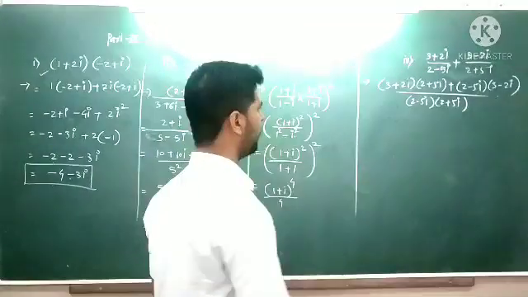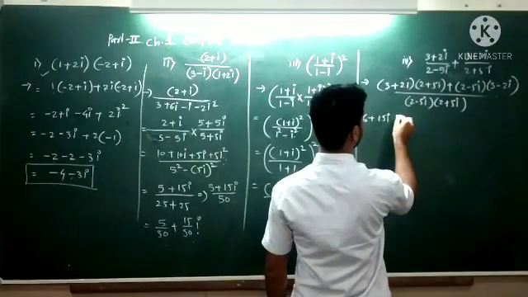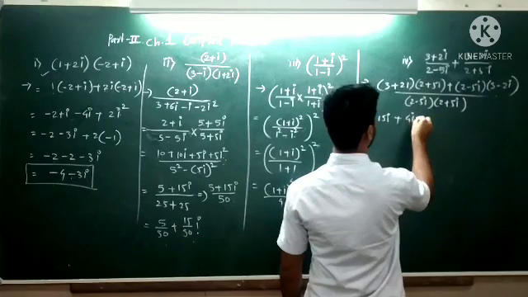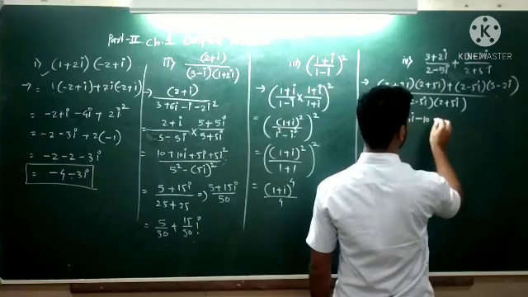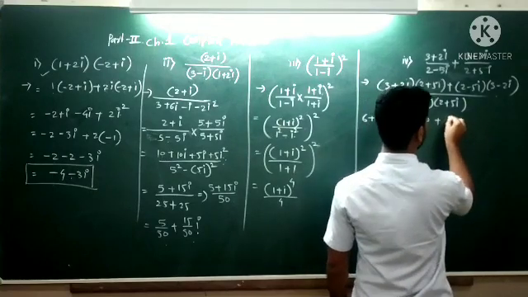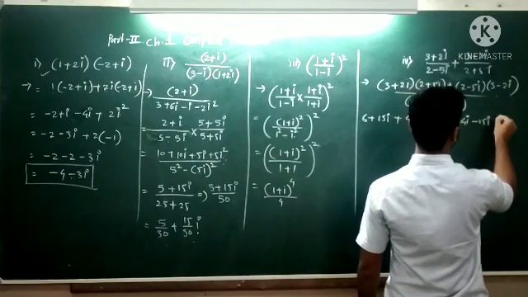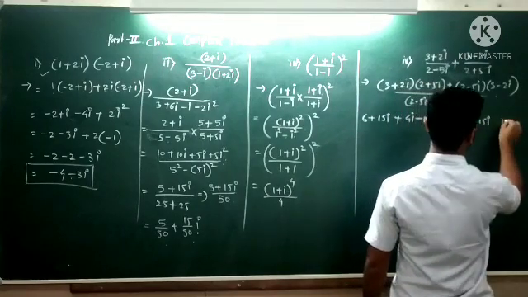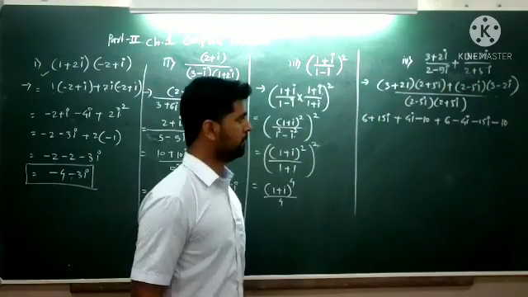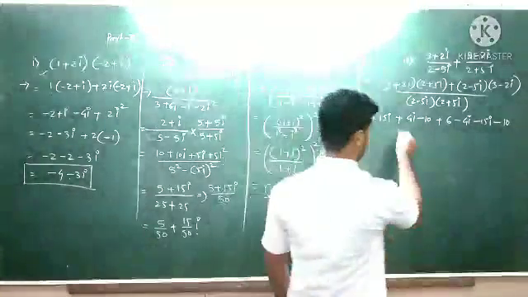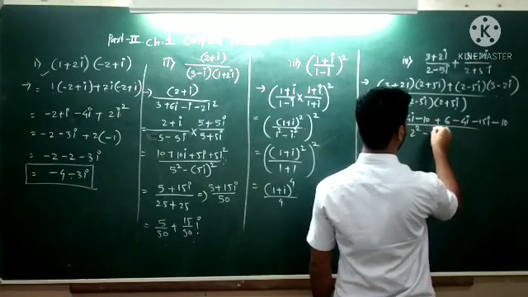Okay? Now multiply this. 3 into 2 is 6, 3 into 5 is 15i, then 2 into 2 is 4i, and 2 into 5 is 10, i into i square, so you get minus 10, plus 2 into 3 is 6, 2 into 2 is minus 4i, minus 5 into 3 is minus 15i, and minus 5 into minus 2 is 10, and i square is minus 1, like this. Okay? And divided by a square minus b square. So 2 square minus 5i square, like this.